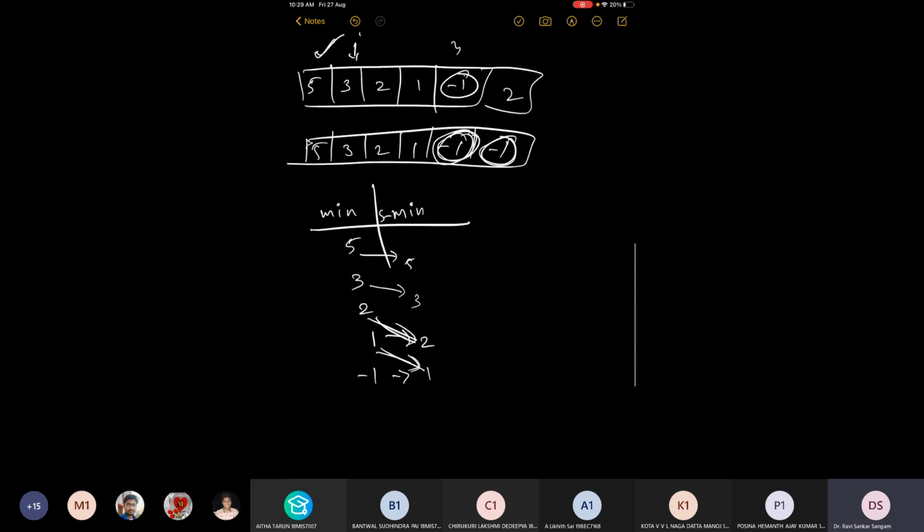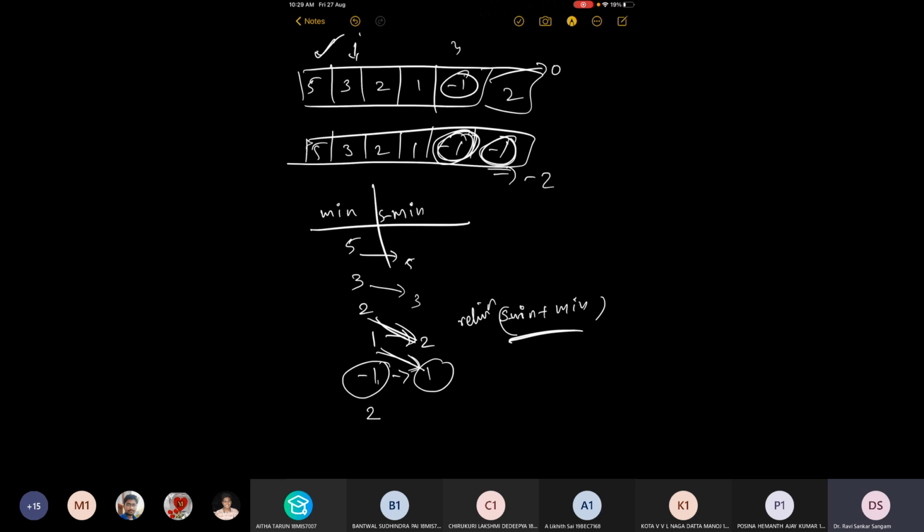Next we have 2, no change, so we have minus 1 and 1. If you just return the sum, minus 1 plus 1 is 0. The minimum sum value here is 0. Now for the second example, it should be minus 2.